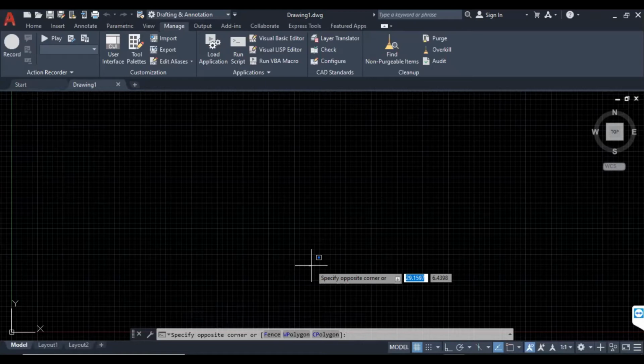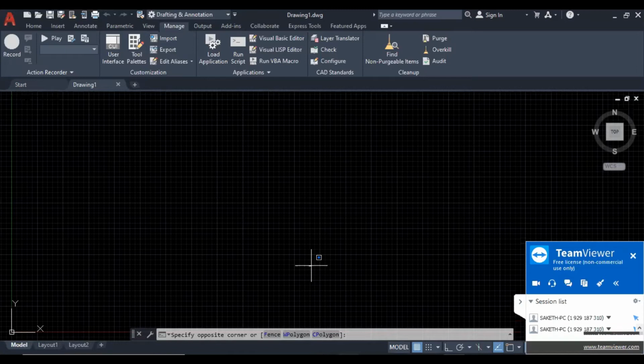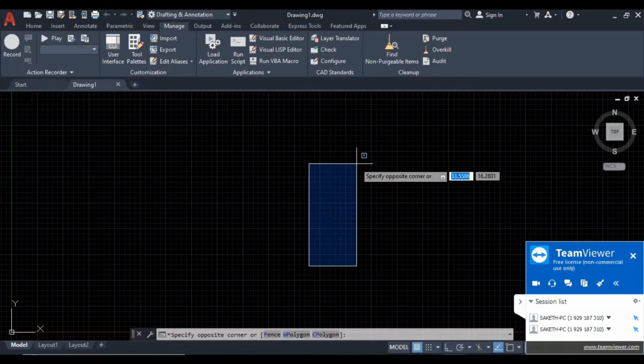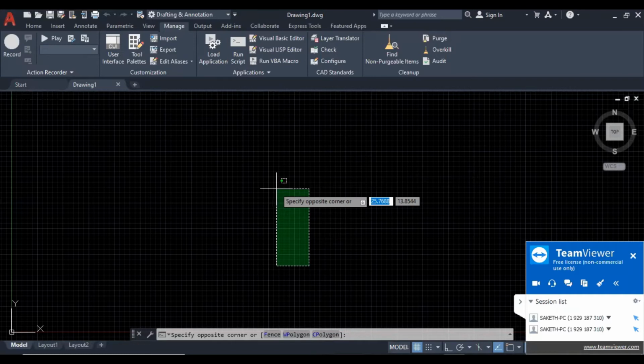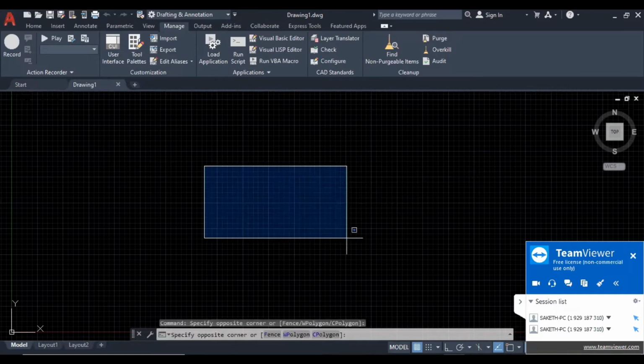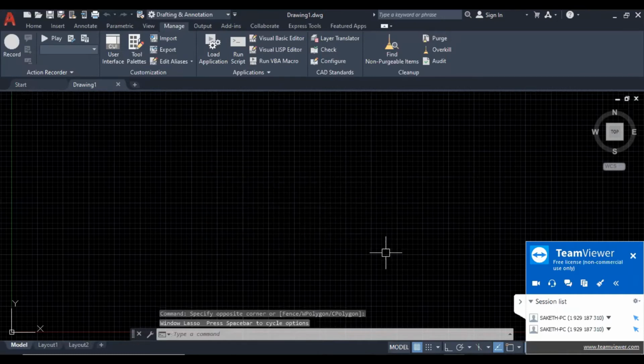It's asking for the password. Again, I have to type. Okay. Now I got the control.